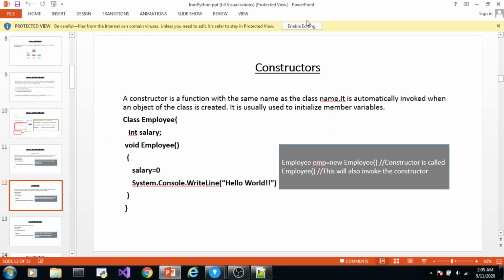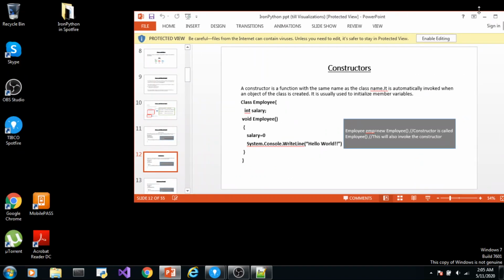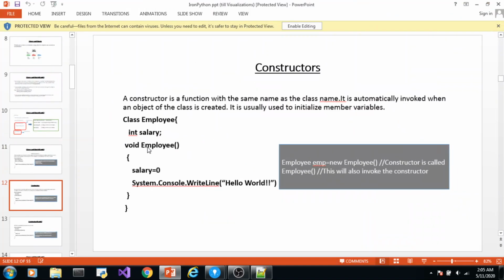For example, here we have a class Employee. The name of the constructor is Employee. Of course, it should have the same name as the name of the class, only then can it be called a constructor. So whenever an object is created, Employee emp, an object emp is created, as soon as this object is created, this constructor is called.